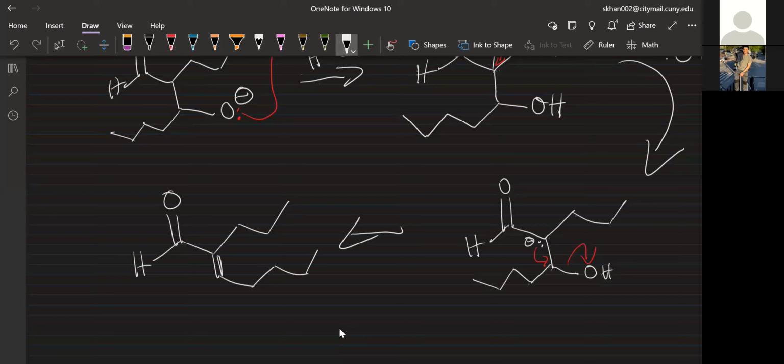Because if we look at it in terms of carbons, this is the large group here and this is the large group here, and they're opposite to each other. So this is E, right? So it's not... That's why I don't want to use stereochemistry descriptors. It has more to do with